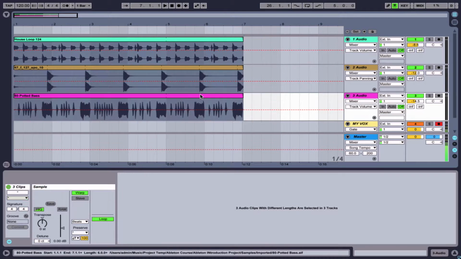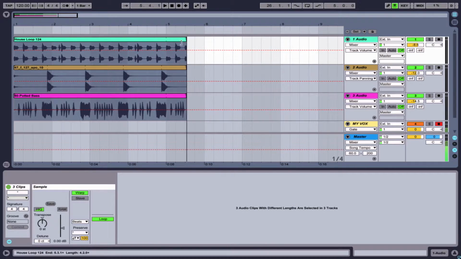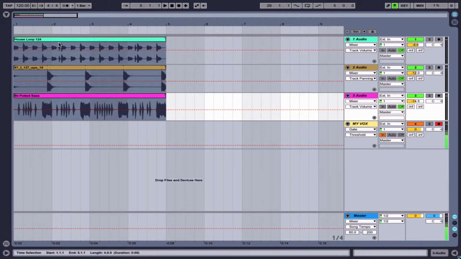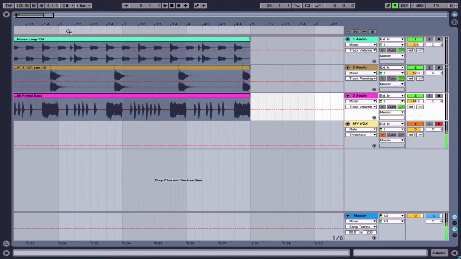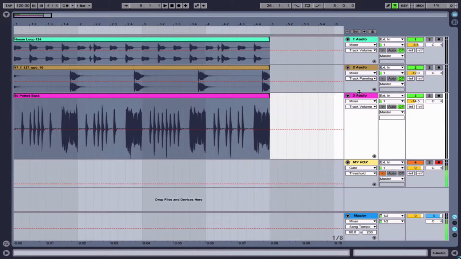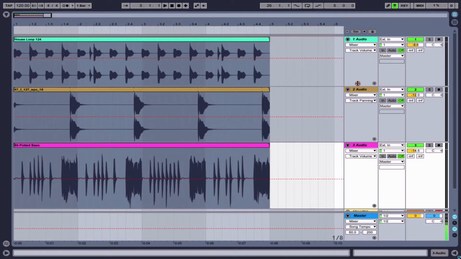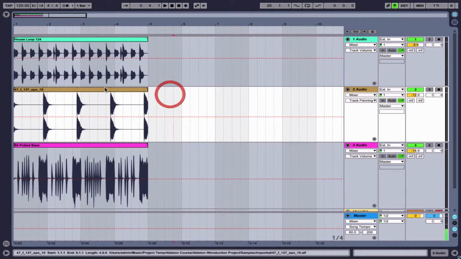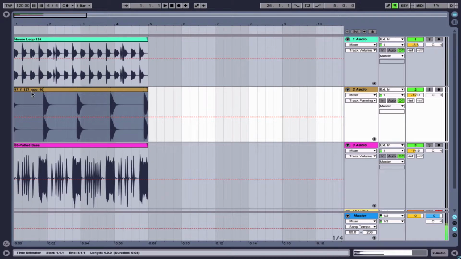So the first thing I'll do is I'll make all of these just 4 bars long. Next thing I'll do is I'll close out this bottom window so we can see more of these audio clips, and we'll zoom in a little bit more. And then we can drag these out and make these a little bit larger if we want to see more of the audio files. The next thing I can do is I can start to play with some of the audio here and make some different arrangements using just copying, pasting, or editing some of the audio clips that we